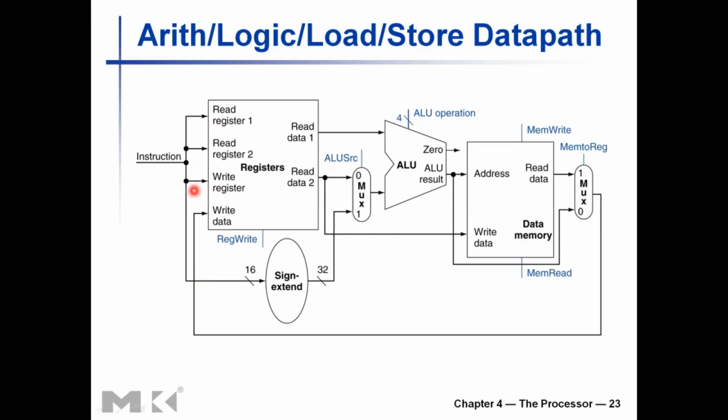in the hardware implementation, all the operations happen in parallel. So some part of the instruction, the least significant 16 bits, will be sent to the sign extender, even though it is an R-type instruction, right? So it's an R-type instruction. We send the three register numbers into the register file, but we also send the least significant 16 bits